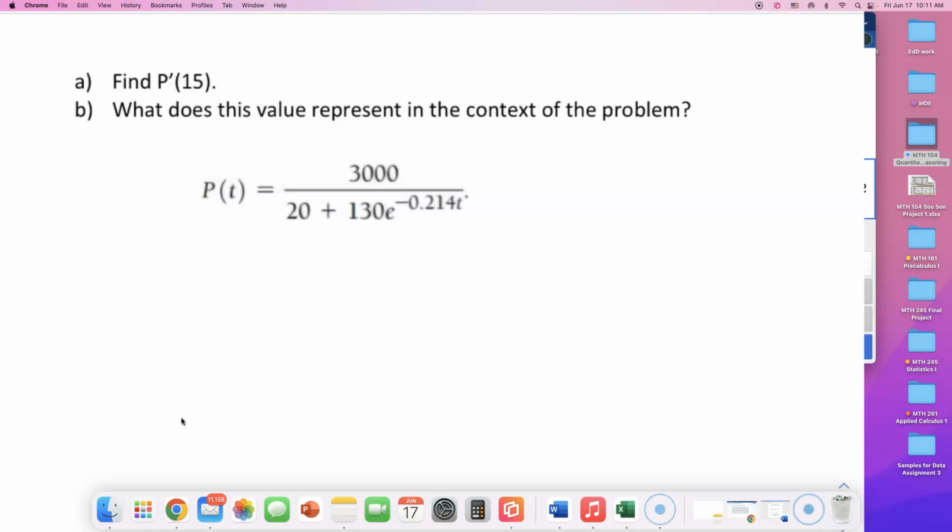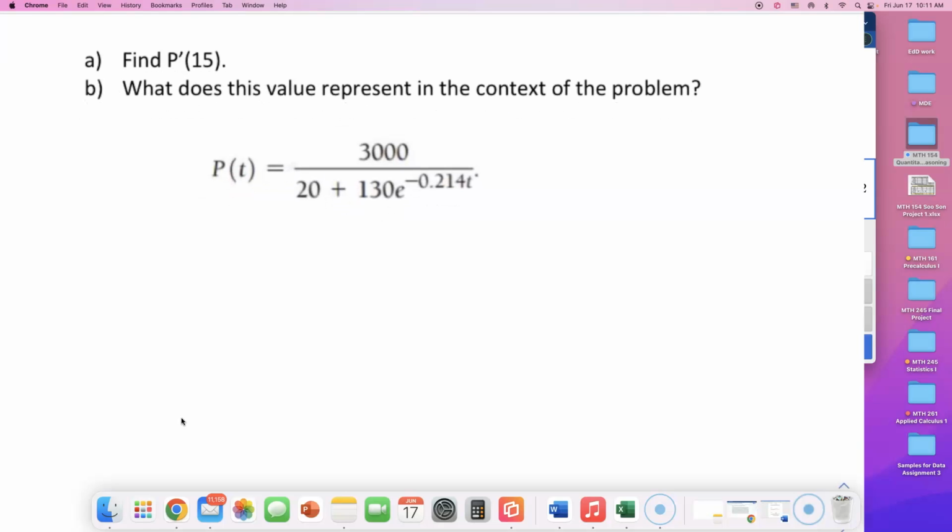So that is our P of T. Now, we see a quotient. I'm just going to use the quotient rule because I think that's how a lot of us will see this. This is 3,000 over 20 plus this bottom part. So I'm going to use the quotient rule here, okay? So remember, quotient rule says